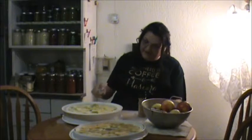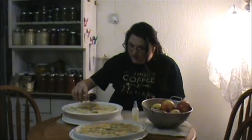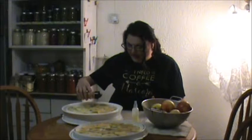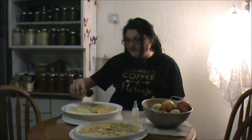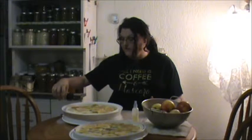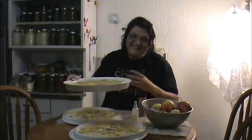And I also found out in the last few days that there is an actual technical term now for all this crazy stuff that I do when I save all these weird containers and reuse them. It is called upcycling. So, I am trendy now, which is something I don't think I've ever been. But I am trendy because I am upcycling my containers. So, I think that's a pretty cool word. And I may be using that a lot lately, just because I feel really neat that I've hit into the technical phase of life. Because I'm not one of those people. But anyways,